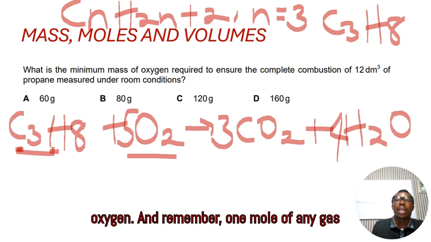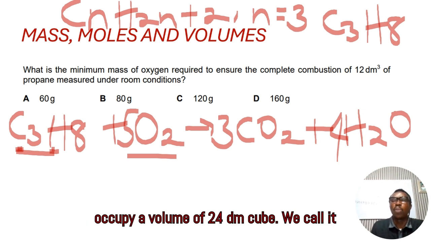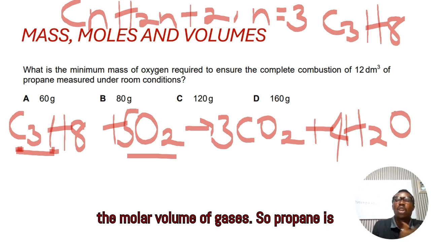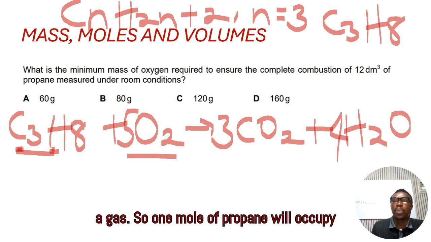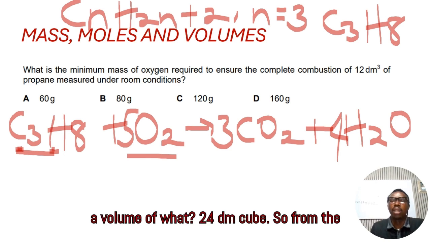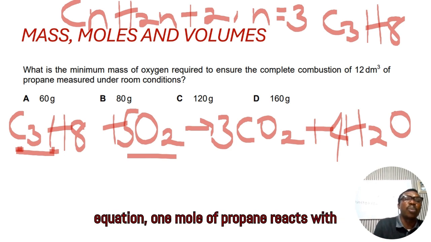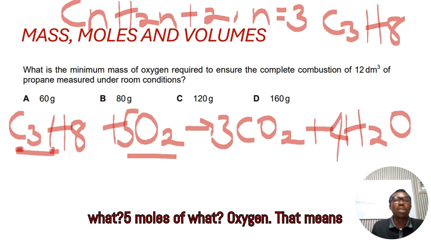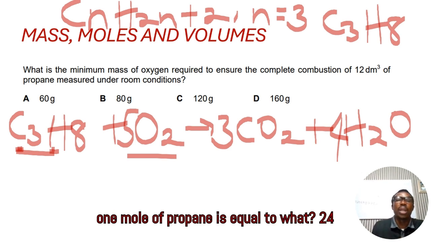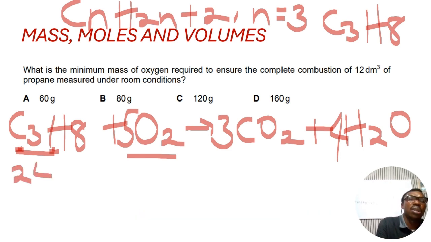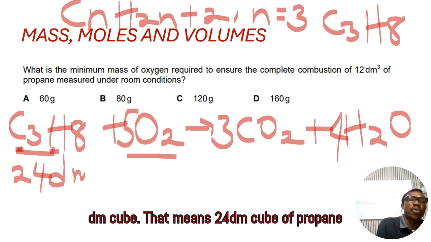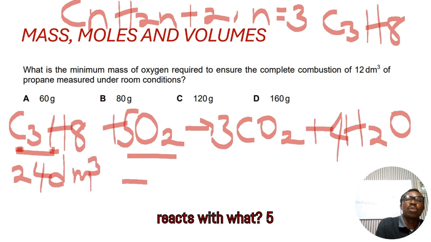And remember, 1 mole of any gas occupies a volume of 24 dm³. We call it the molar volume of gases. So propane is a gas. So 1 mole of propane will occupy a volume of 24 dm³. So from the equation, 1 mole of propane reacts with 5 moles of oxygen. That means 1 mole of propane is equal to 24 dm³. That means 24 dm³ of propane reacts with